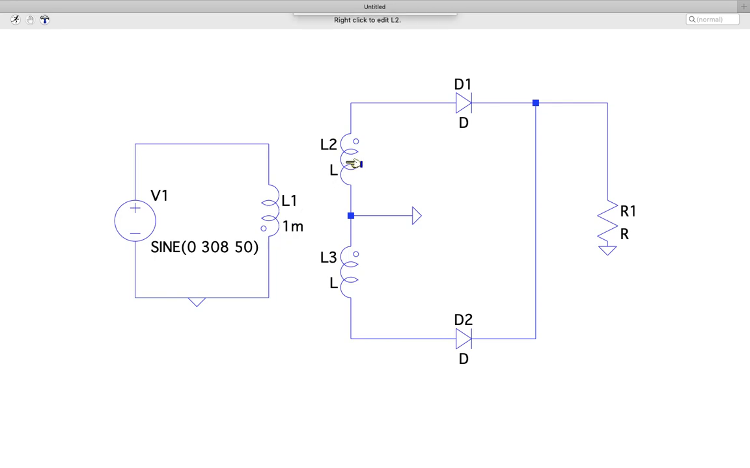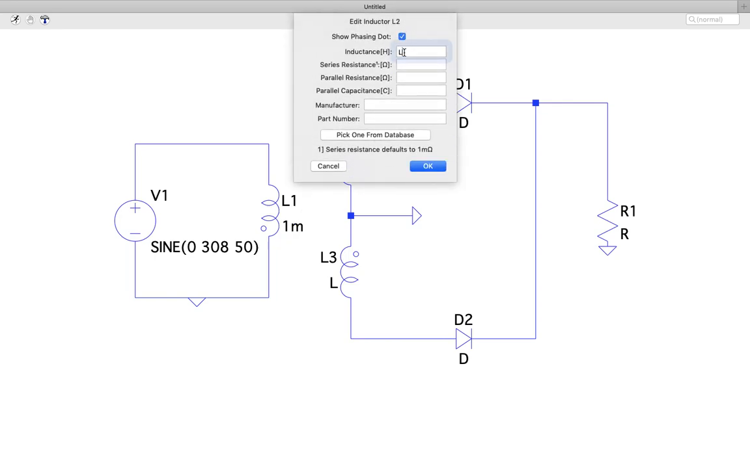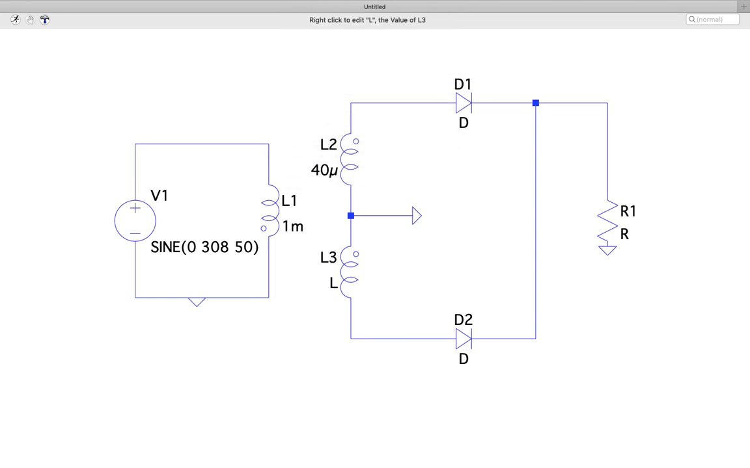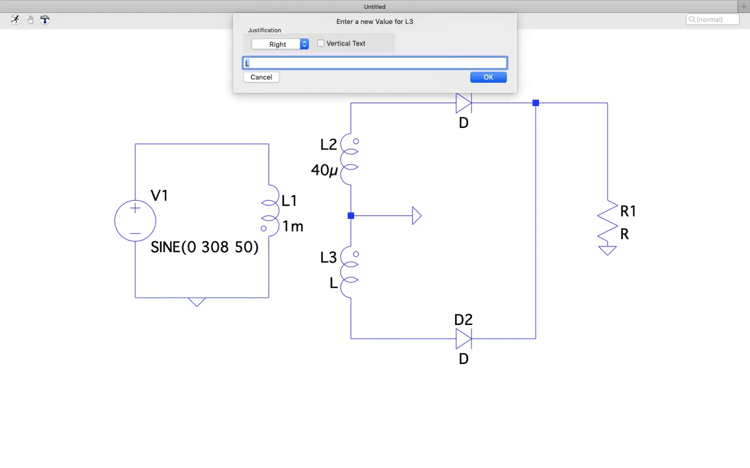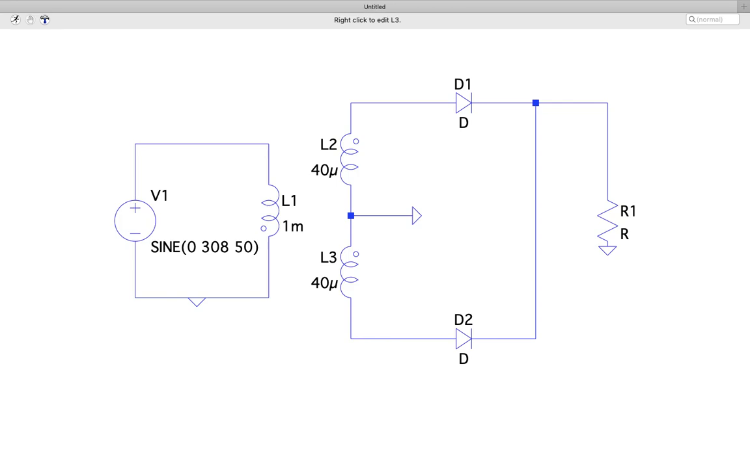And let's make this around, to get that specific voltage, 40 microhenry, and let's make this also 40 microhenry. Of course, here we don't require a resistance, but only here we need a small resistance. Now, as I mentioned earlier, all these three inductors are not coupled to each other, so we need to make